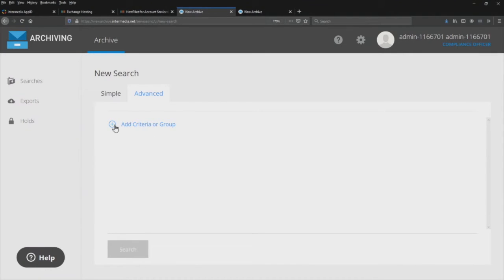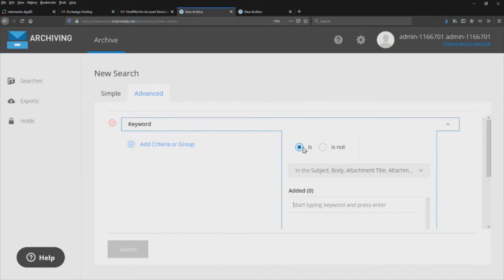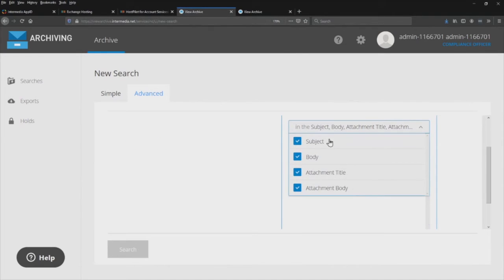So an example of that is by simply adding criteria. It's taking what we're doing in a simple search and building on top of that. So if I'm looking for a keyword in the simple search, I can type in a keyword. In advanced search, I can look at different groups, subject, body, attachment, attachment type, all of that. And I can start to type,